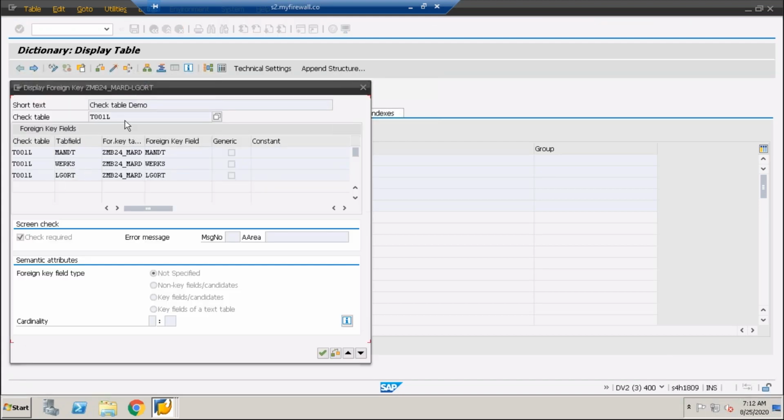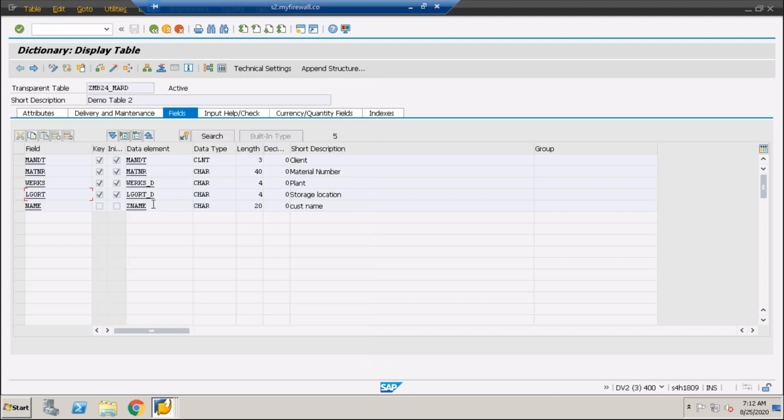foreign key. Here you can see that when we have given the T001L, all the primary keys of that T001L have come. So the combination of all these things should be considered. The combination of all the primary keys, and that is also the correct way. Only validating this LGORT is not the correct way. If you just want to change it, you can do so. Okay, you can remove these two fields, but it will not be validated, because that is the checkable concept, that with all the primary keys, the combination of all the primary keys, when we create the check table,